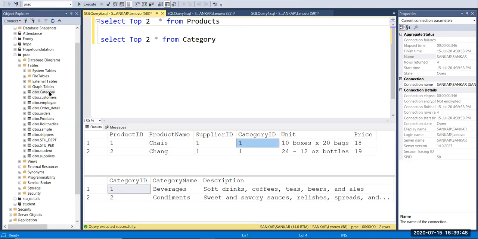Here we have category, customer, employee, order detail, orders, product, and the shippers. And one more table, that is supplier.